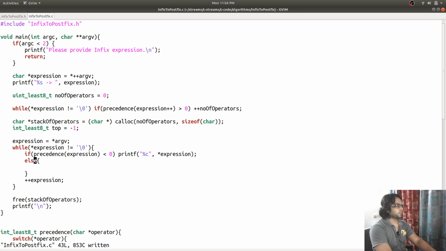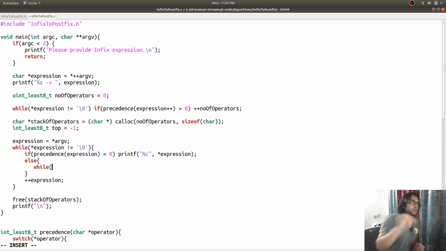We now know that if the precedence is less than 0, it means that it is not an operator, so that is an operand. We need to print that. And next, the logic is that if we are going to put something in the stack, and there are operators already in the stack, and the operator at the top of the stack has higher precedence than the operator that is trying to get into the stack, then we need to pop that